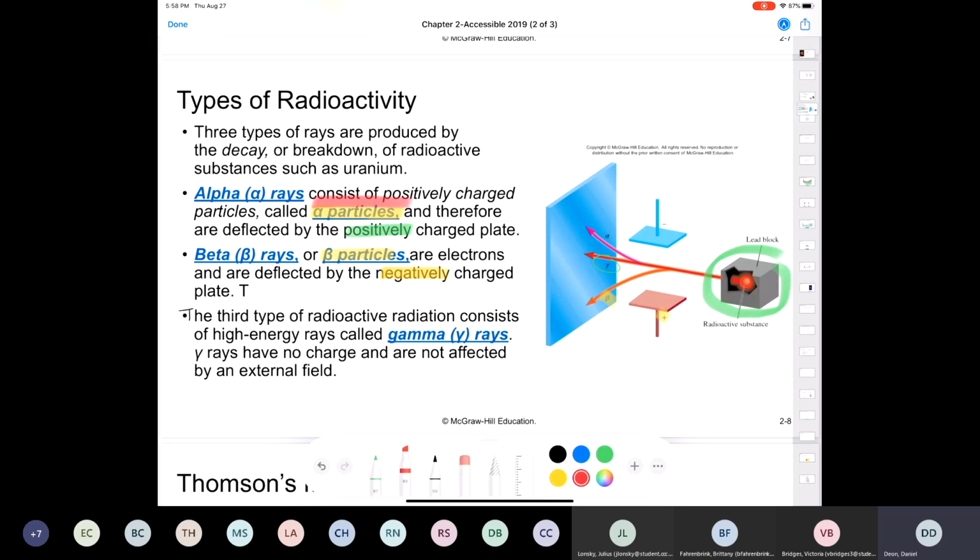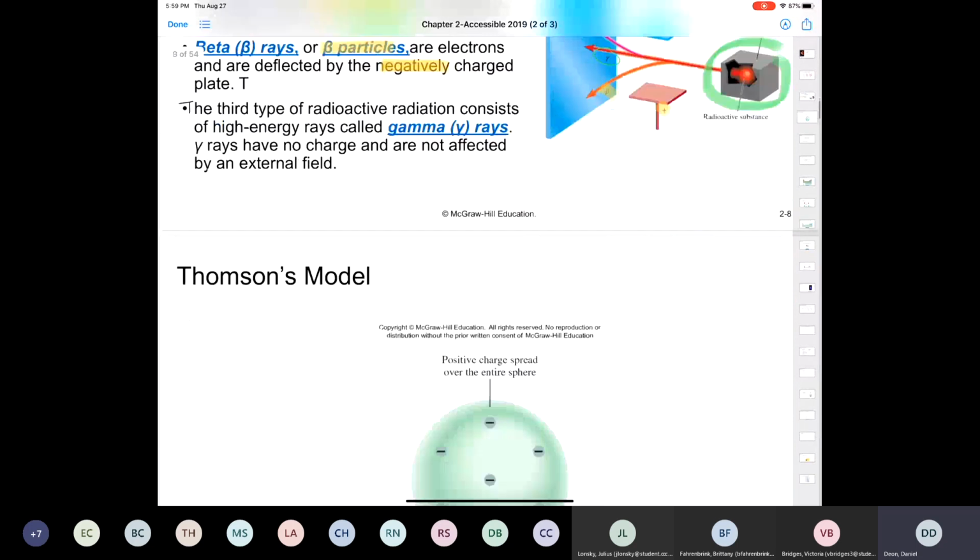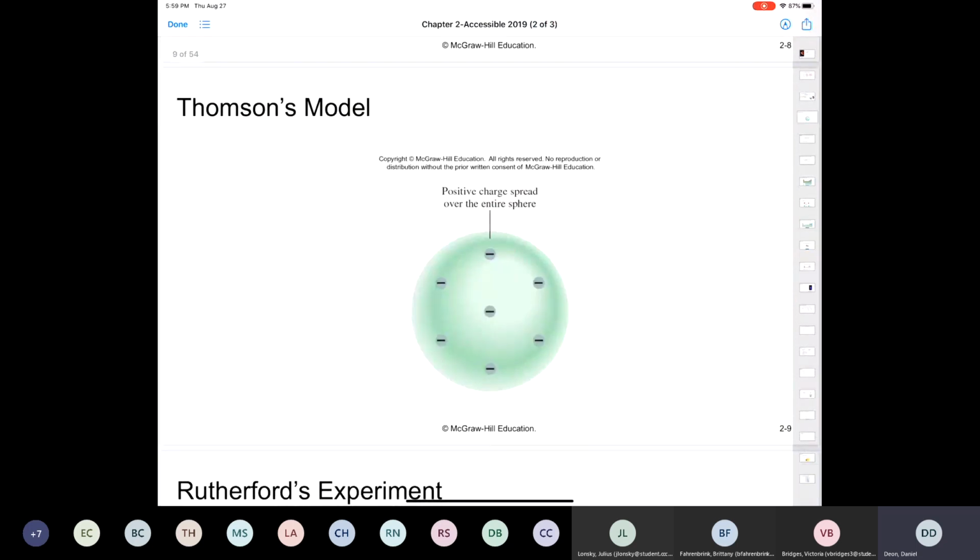So an alpha particle, if you've ever studied chemistry before, is really nothing more than a helium nucleus. So it's just 2 protons and 2 electrons. So where we are at this moment in history is that scientists knew there was something smaller than an